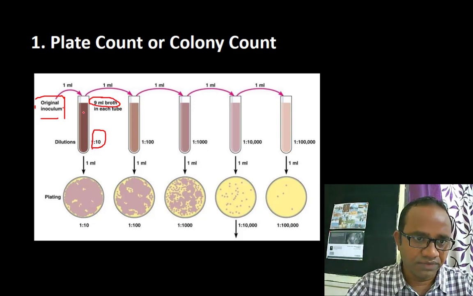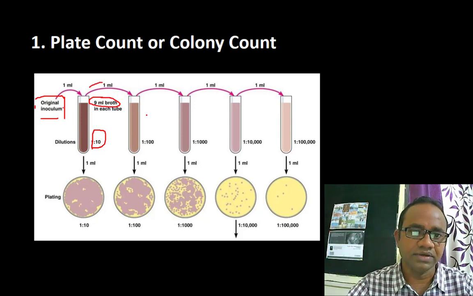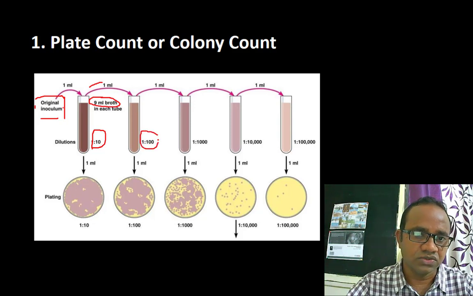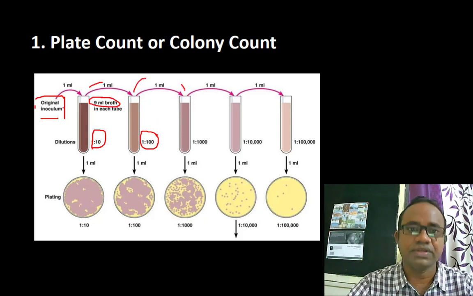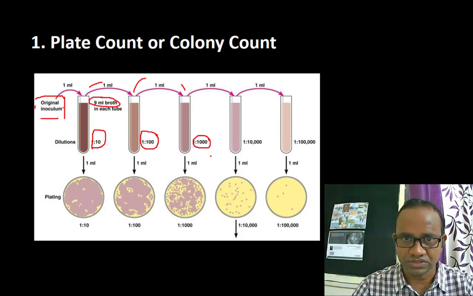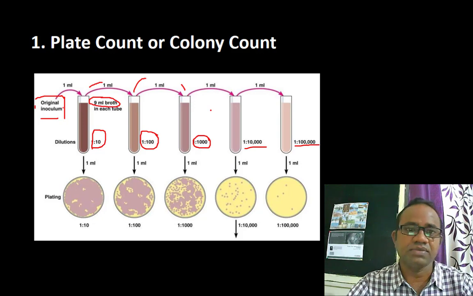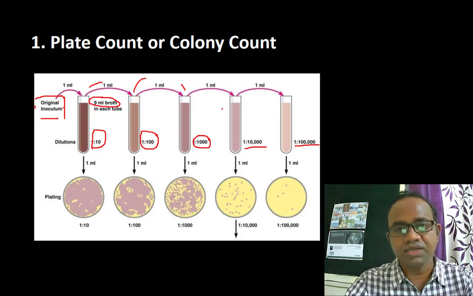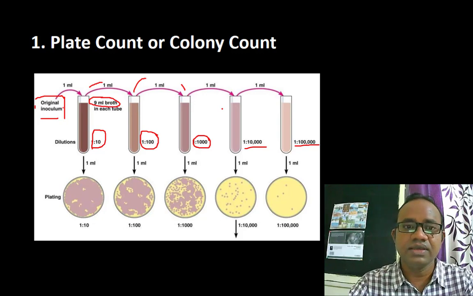Then out of this we transfer 1 ml again and dilute it in another 9 ml of distilled water. The dilution becomes 1:100, that is, it gets 100 times diluted. Serially, from this to this, we dilute again. The dilution increases on successive transfers. So on and so on. That means 1 ml from each dilution is transferred to the next, so the dilution successively increases.